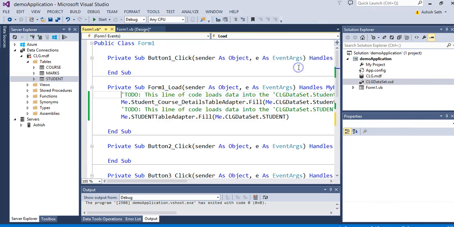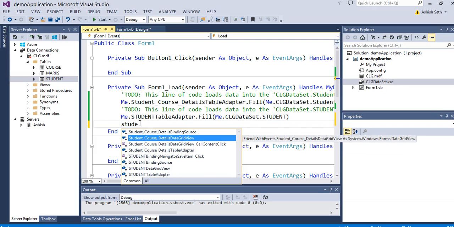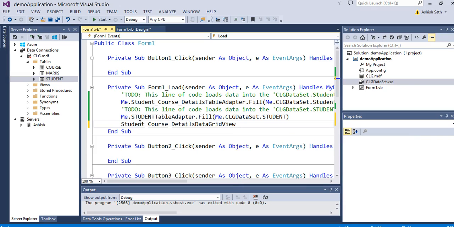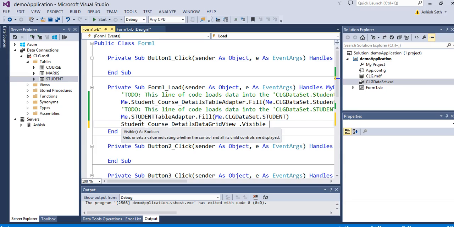So go to the form load, and here we write student course details data grid view dot visible equals false.